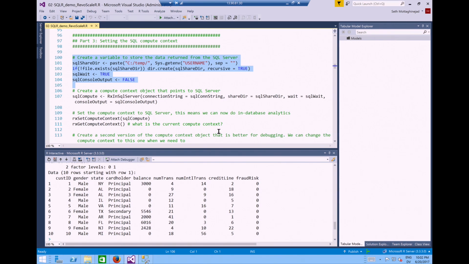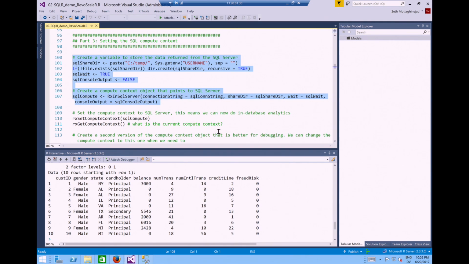Just because the data that we're pointing to is in SQL, R doesn't assume that we want the computation to happen in SQL. It seems kind of a logical thing, but it doesn't necessarily follow, because sometimes we really don't want the computation to happen remotely. So we need to be a little bit more explicit, and so we have this thing called a compute context.